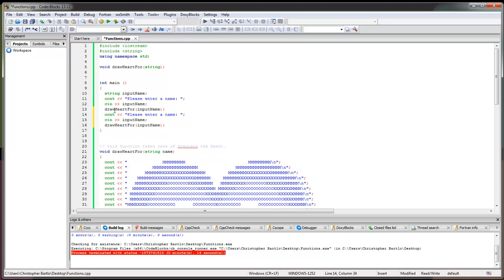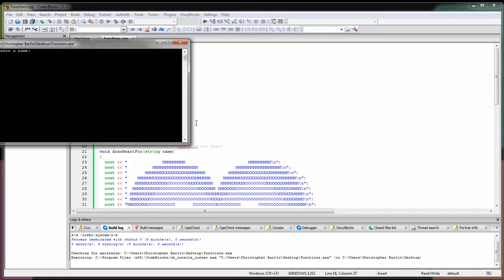Okay, so when I run this now, what's going to happen? I'm going to ask for a name, I'm going to draw the heart, then I'm going to ask for another name, I'm going to draw the heart. I didn't have to type all that code again, right? I can draw as many hearts as I want. So, hey, look,